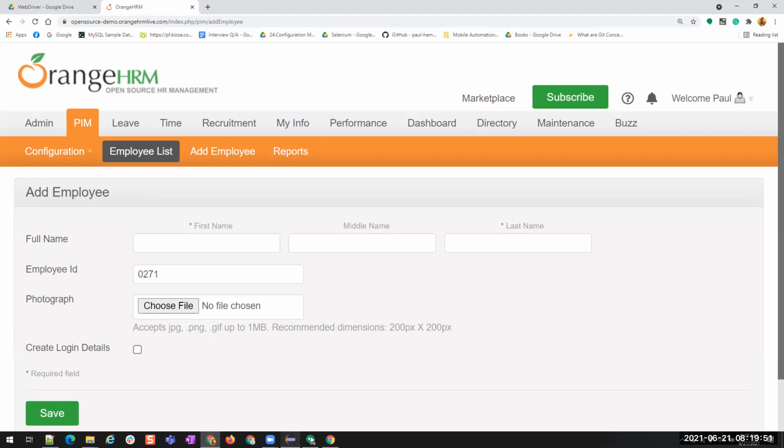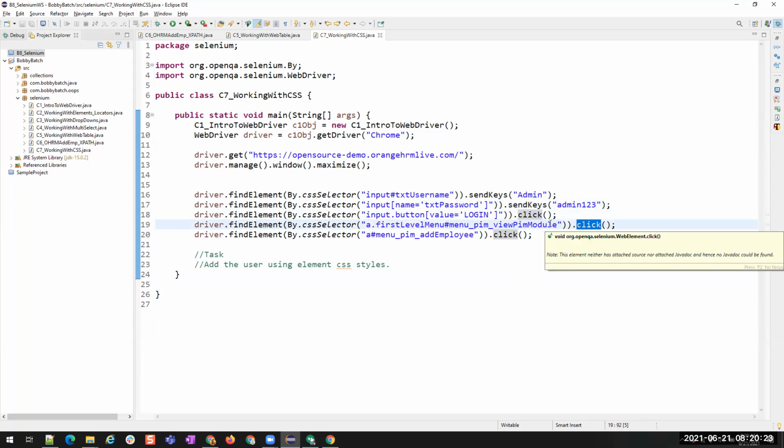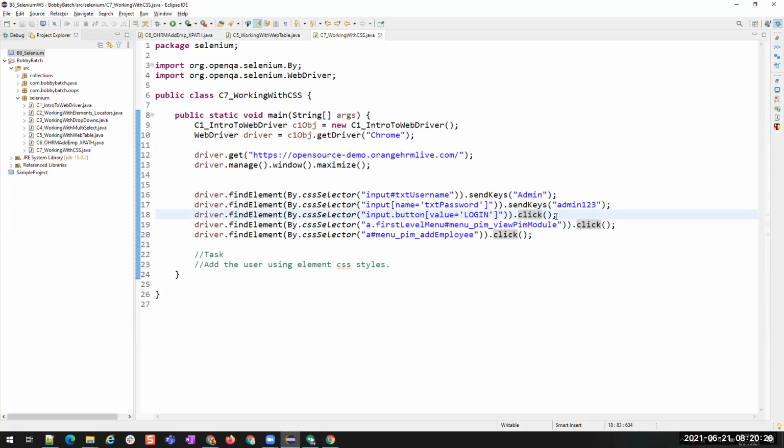You understood? So you see here, if you go through this line by line, we are opening the driver and going to this URL, then maximizing it, then sending the username and password and clicking on login, and we are not waiting for anything. We are just directly doing the operations. When this line gets executed, it sends the keys admin to the browser and then goes to the next line directly. It is not waiting to enter the password. Once it clicks on login, it is not waiting for anything. It tries to click on the PIM module directly, right? But sometimes when you click on login, if the internet is slow or the site is slow, this element might take a little time to appear.